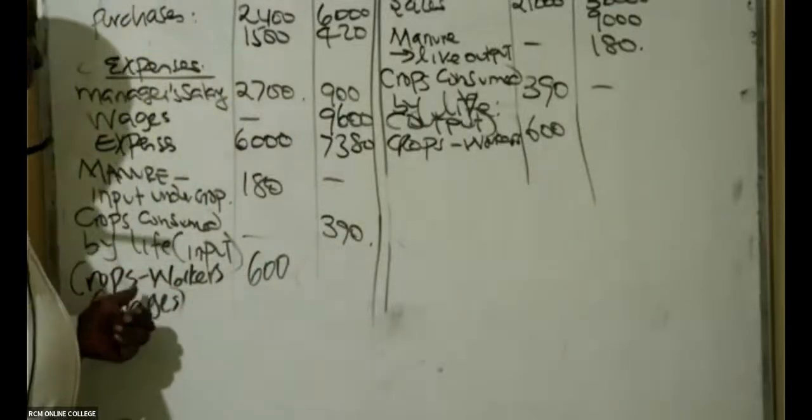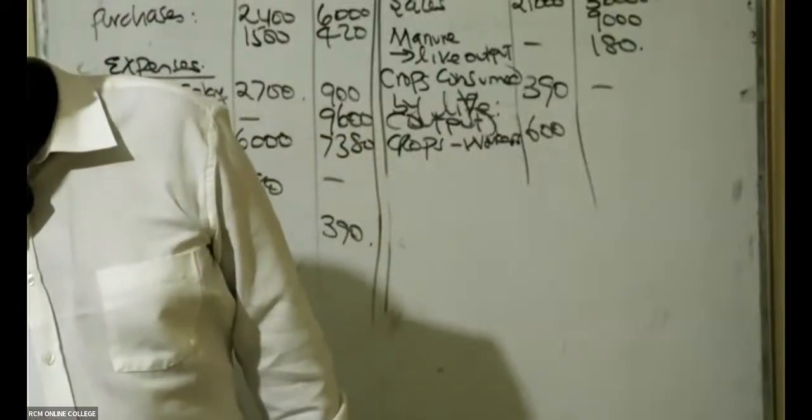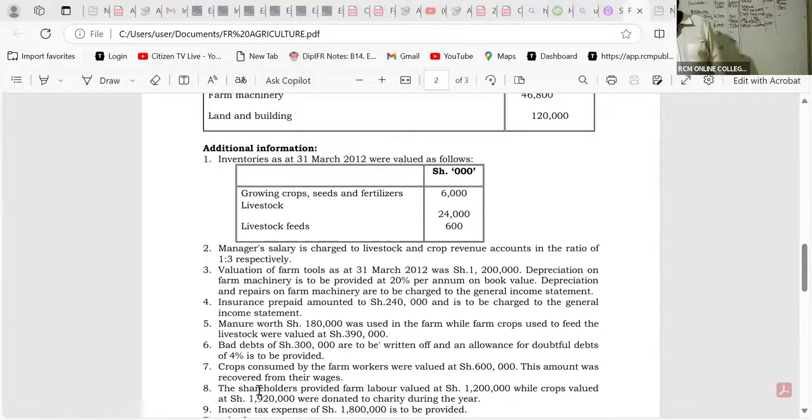All right, ladies and gentlemen, after that, what else do we have here? Do we have any other stuff? Oh, yes. We are told the shareholders provided farm labor valued at 1.2 million. So these shareholders came and did something in the farm, but remember, we never paid them any cash. The shareholders provided farm labor valued at 1.2 million, while crops valued at 1,920,000 were donated to charity during the